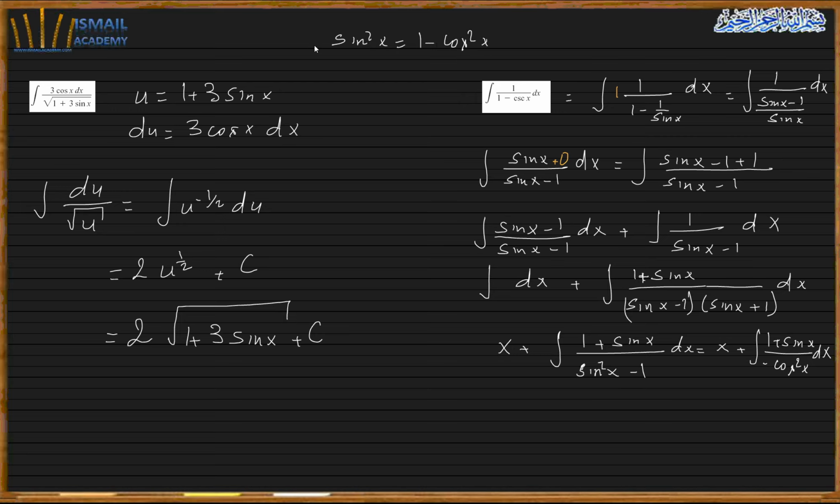So if I multiply here, I flip the idea. Cosine square x is 1 minus sine square x. So if I multiply here by minus, you see, I will have this minus 1. So now I can put this minus out. So here it becomes